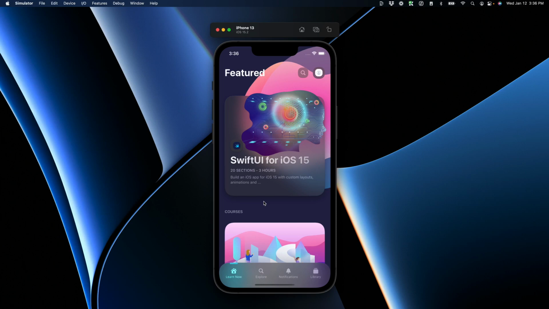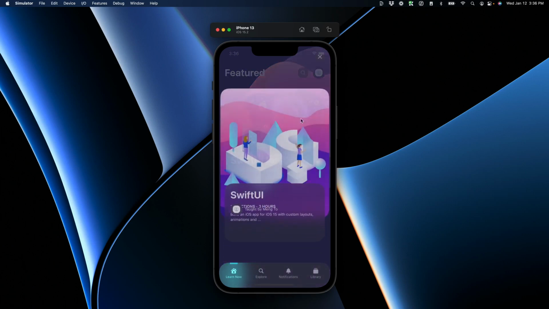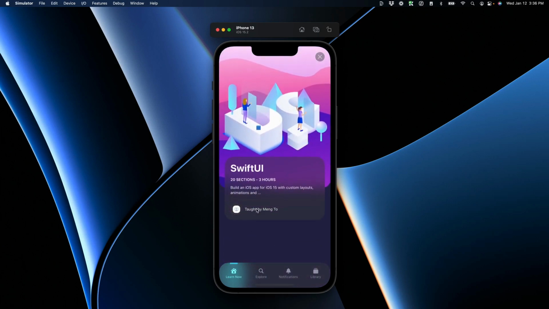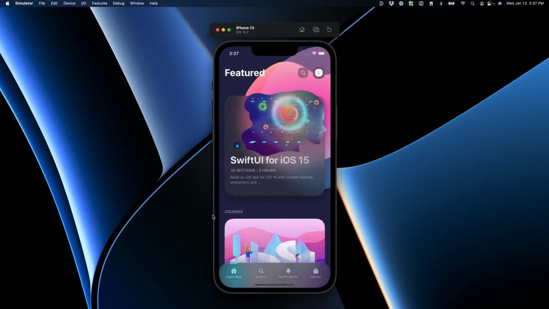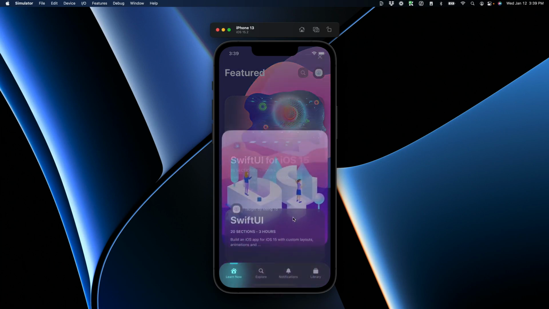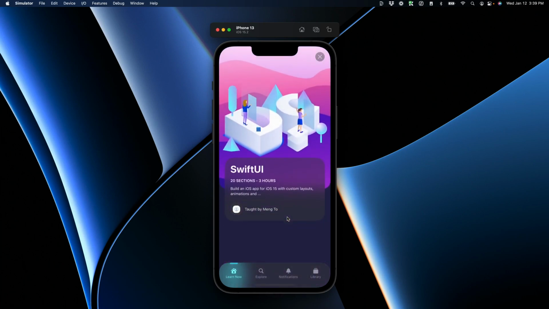So one trick to help with that is to go to debug and then click on slow animations. And when you tap on the card, you're going to see right away that we have a problem with some elements that are not shared between the screens. But also when you close, you see that it disappears right away. And then it transitions with a fade in to finally resume the animation after the fade in. So what we're going to learn today is how to deal with the Z index and then customize the transition, and also how to chain the animation so that we make these non-shared elements to appear a little bit later